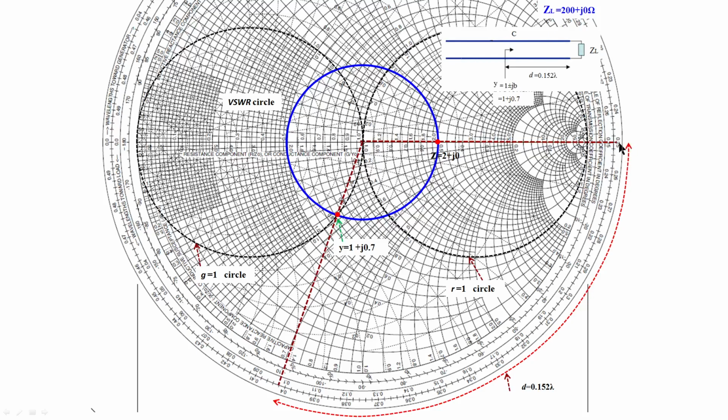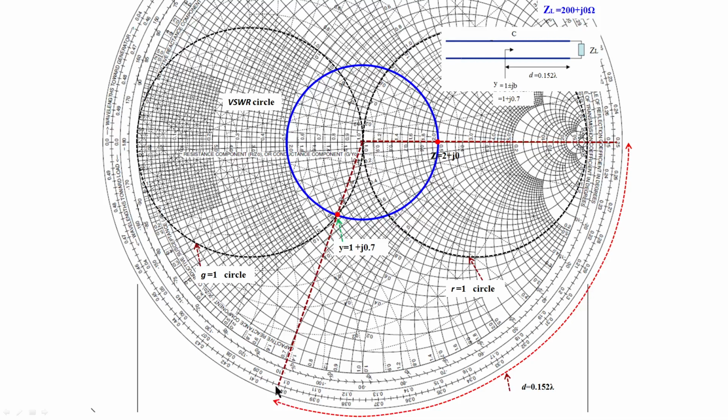So this is the load point, and extend this up to the wavelength scale towards the generator here, and again you draw a line passing through our point wherever you stopped, up to the wavelength scale. Read the distance from here to here. We take an initial value of 0.25 minus this value, whatever is here, it is 0.42.